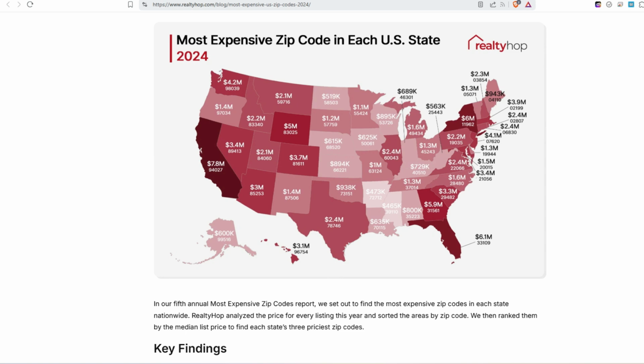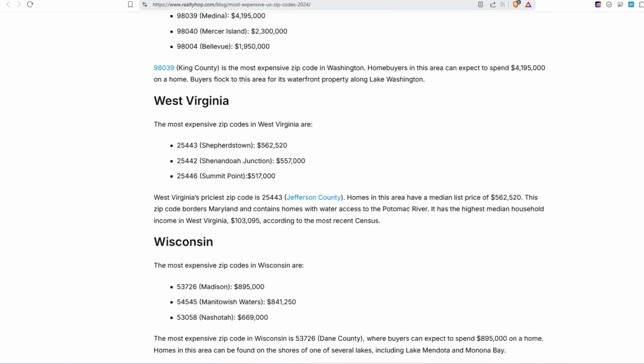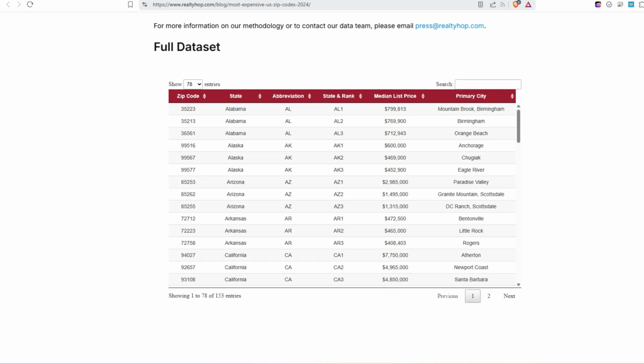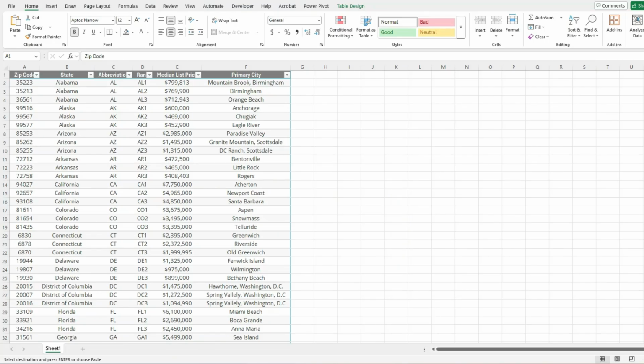So if you want to follow along with my example, you can go to this website, and at the very bottom, there's a table that I'm going to use for my data. So you just drag and copy this into Excel, and so you can follow step by step with what I'm doing. This is what my table looks like when I've downloaded the data, put it into Excel, and I convert